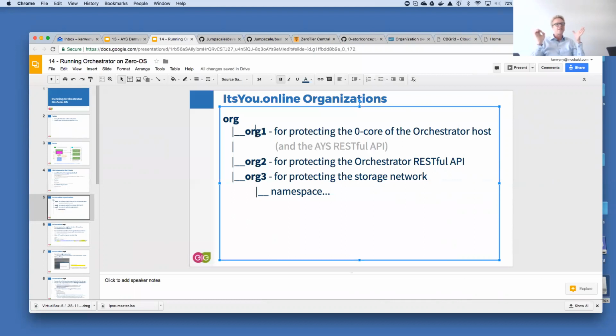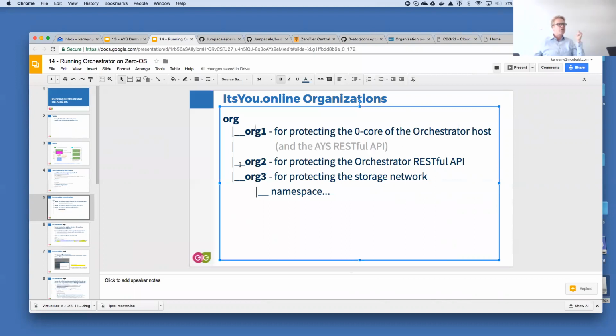And why is that? By doing so, you make sure, that's really the point here, that when this operating system boots, you can only interact with it if you are a member of the organization.